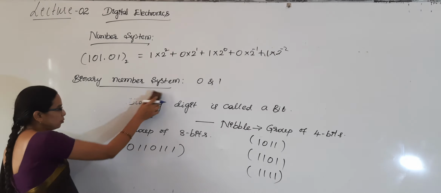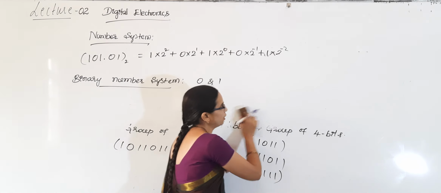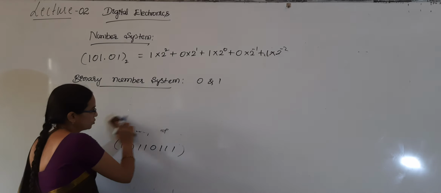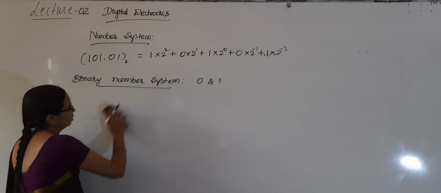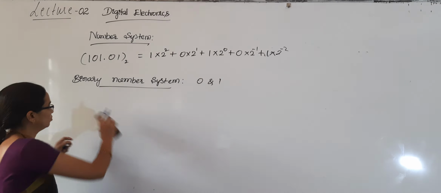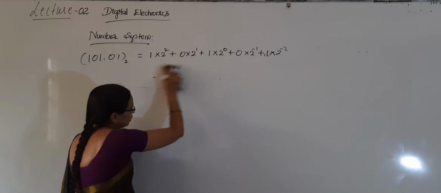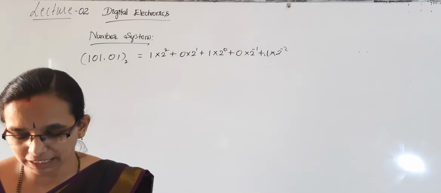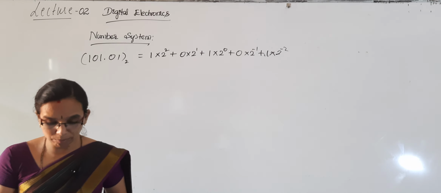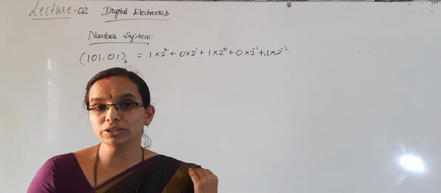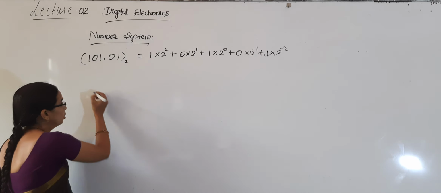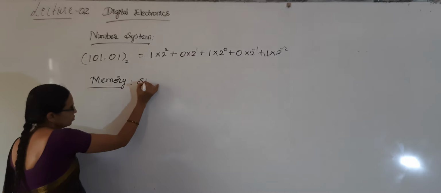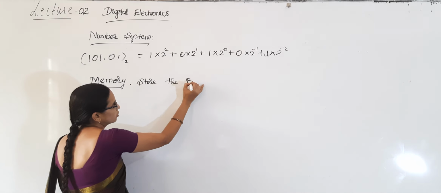In the examination, there may be 1 mark questions, what is bit or what is byte, what is nibble, or explain the terms byte, bit, nibble, anything. You should write the definition. So, almost all digital circuits use binary number system. So, only we are learning it. Your mobile phone, you are using smartphone, or your computer memory, you might have heard memory, which is used to store the information, right?